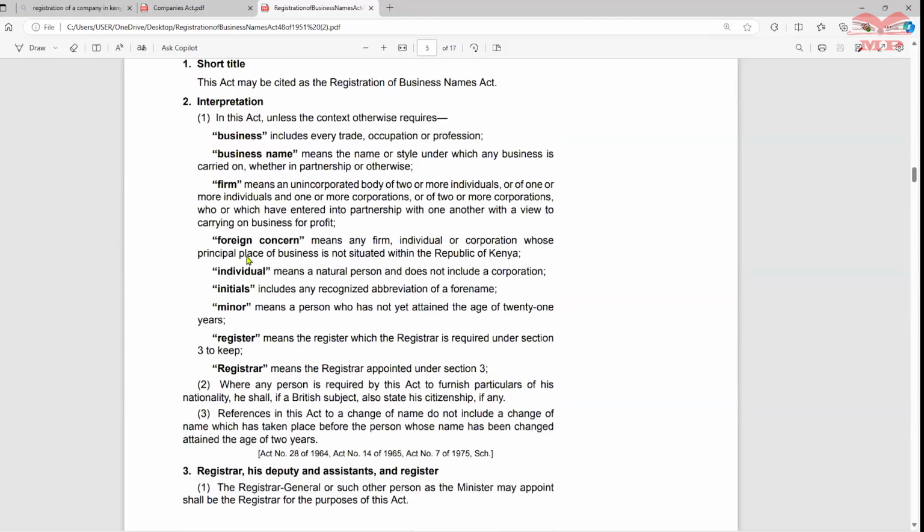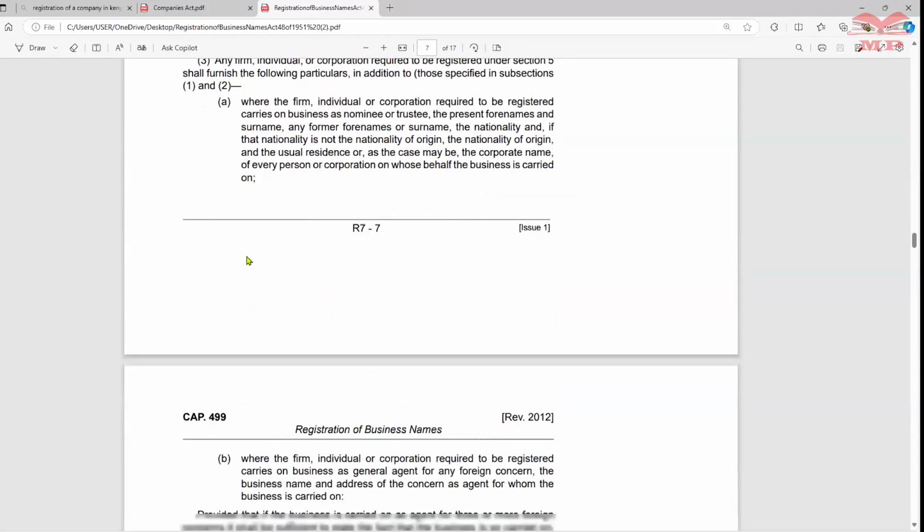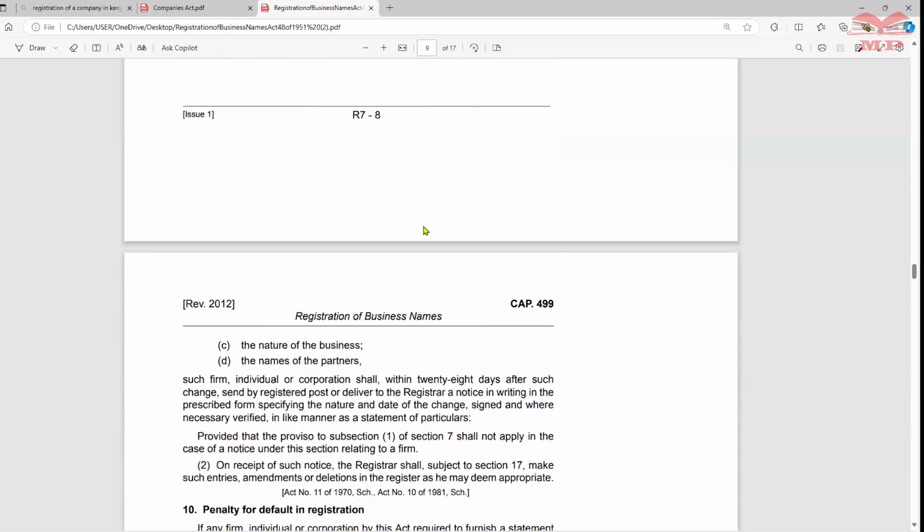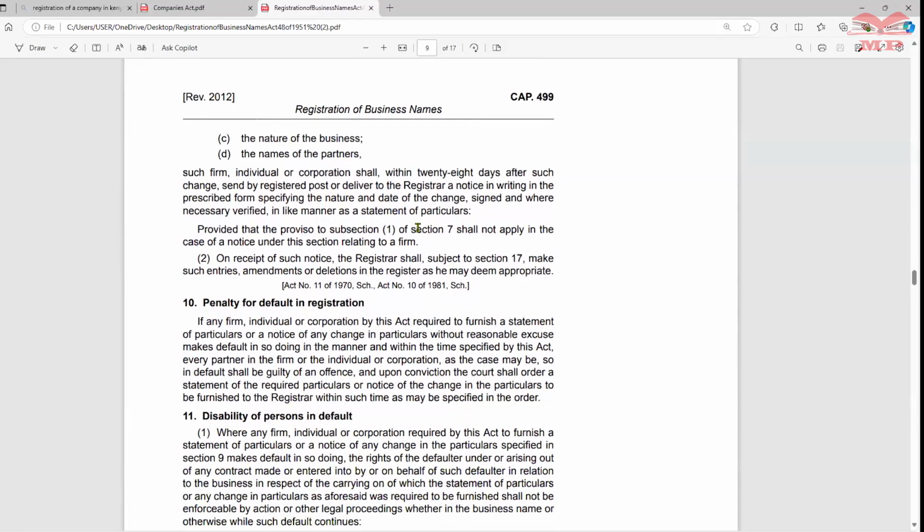Chapter 9 of this talks about this. Subject to subsection 2 of section 17, whenever a change is made or occurs in the following particulars in respect of any firm, individual or corporation, that is to say the business name, the address of the principal or any other place of business, the nature of the business and the names of the partners, such firm, individual or corporation shall within 28 days after such change send by registered post or deliver it in writing in the prescribed form, specifying the nature and date of the change, signed and where necessary verified. Provided that we talk about the notice,